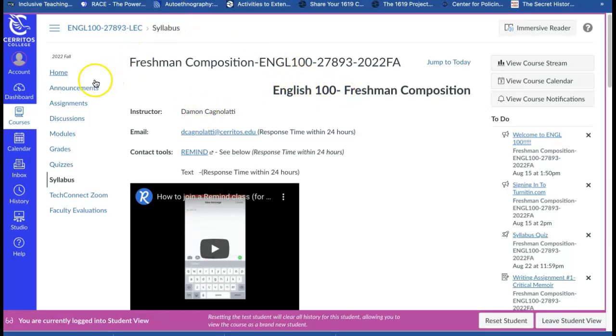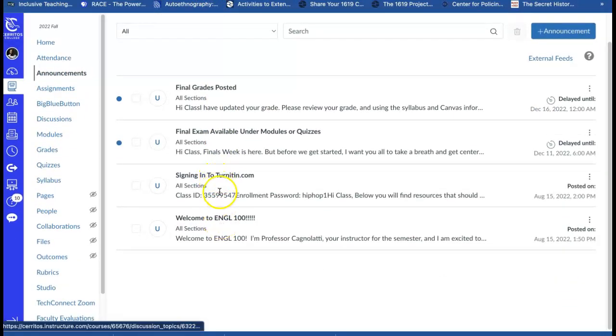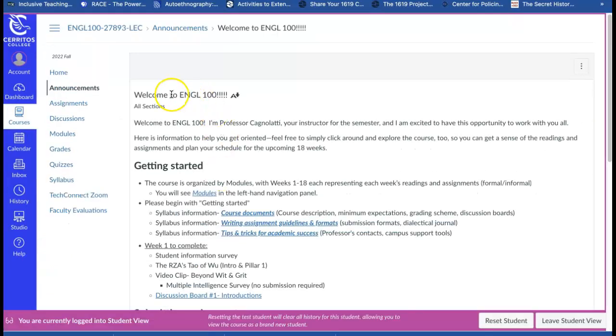So a lot of you should have received an email from me on the first day of class, and that actually came from the announcements. So when you click here on the announcements, it'll take you to that same page, and it'll show you two entries here. Disregard these two at the top. Yours won't show that just yet. But it should show Welcome to English 100 and then signing in to turnitin.com. So if you did happen to miss that email, you can find it here